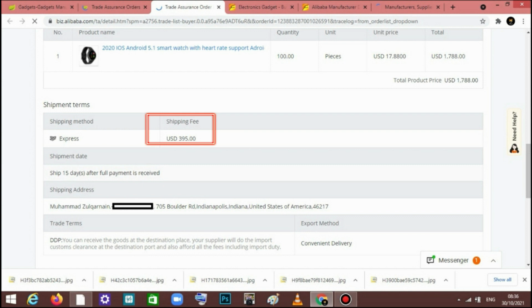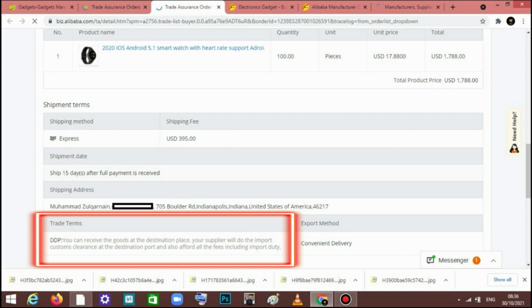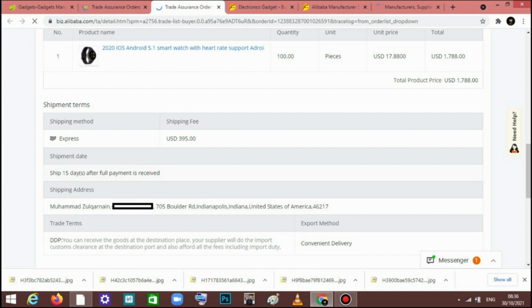Why has he increased the shipping fees? Because he changed the trade term to DDP. So with the trade term DDP, you can receive the goods at the destination place. Your supplier will do the import customs clearance at the destination port and also afford all the fees including port duty. So each and everything is going to be paid by the supplier. So here you can see the changes. If you don't like the contract, then you again will make a request for modification,